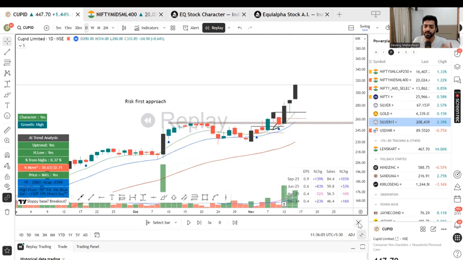So you can always trade after the result. Even if it is a huge gap up, you can trade after that also, if it gives an opportunity, of course. If it's not a huge gap up and it's a good price action, then also one can trade after that. But it makes no sense to hold a stock into earnings if you are already in loss before the day. It makes no sense to hold this up here at 3%.